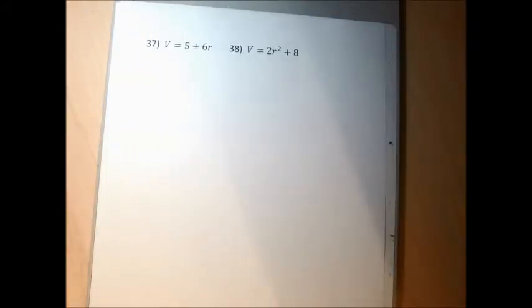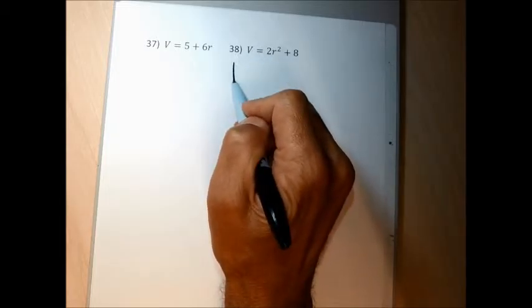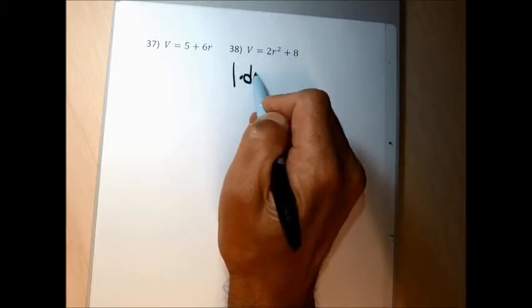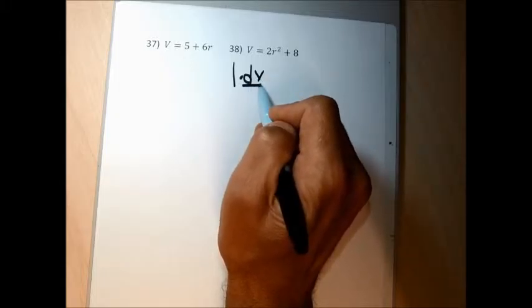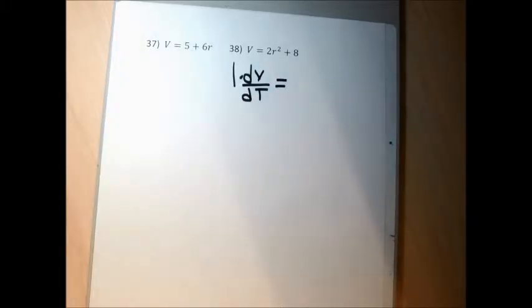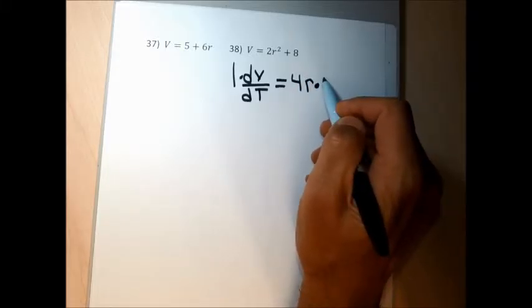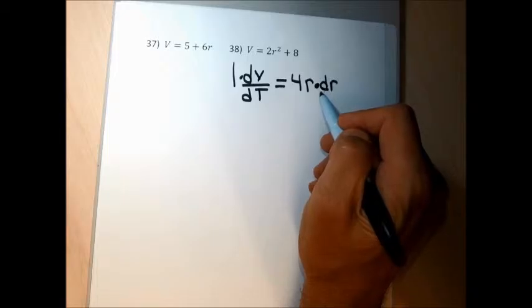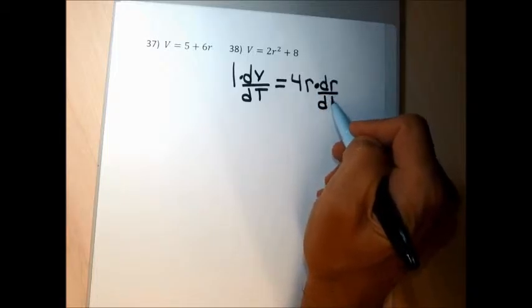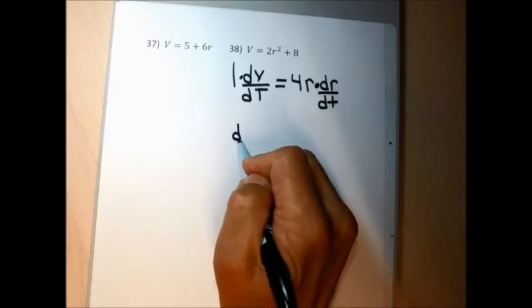So in each of these problems, we're finding dr/dt, so I need to take the derivative with respect to t. For problem 38, the derivative of v is just like a derivative of x. It would be 1. Then I tack on the letter the term had that I took the derivative of was v, and I'm taking the derivative with respect to t. To the right side of the equal sign, the derivative of 2r squared would generally be 4r, and what I tack on is the term had a letter r, that's the dr in the numerator, and I'm taking the derivative with respect to t, that goes in the denominator. The derivative of 8, because it's a constant, is 0. So what I have is dv/dt